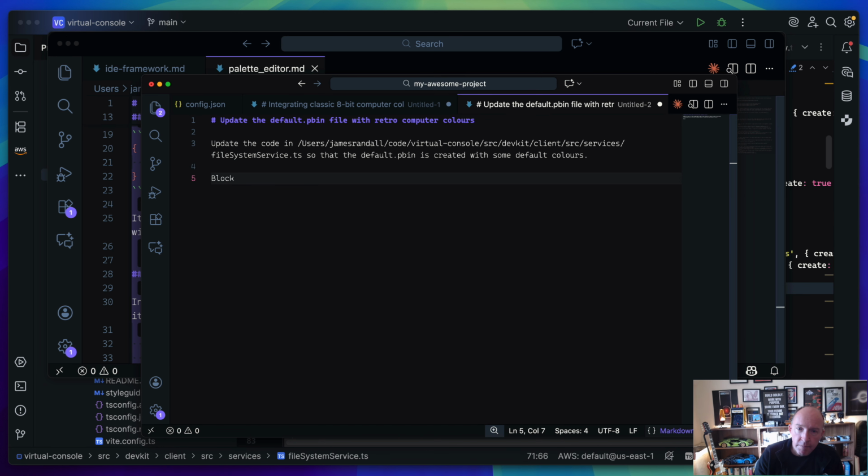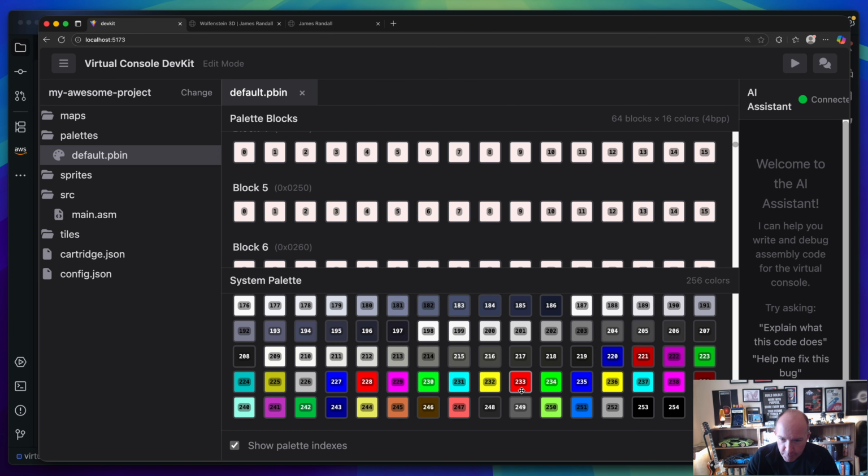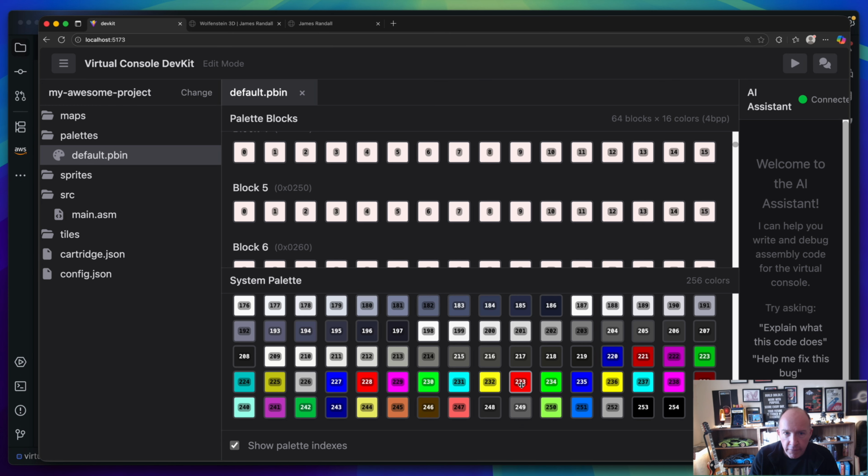Block 0 should be colours. Right, pull these out of the here. It should be colours. I'll start with BBC because it was my computer of choice. So colours 254 should be colour indexes 254, 255. So that's 254, 255, black and white, and then